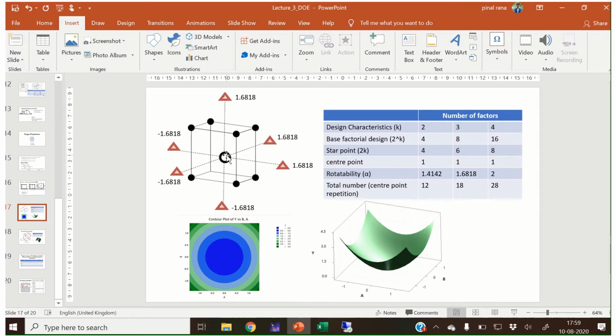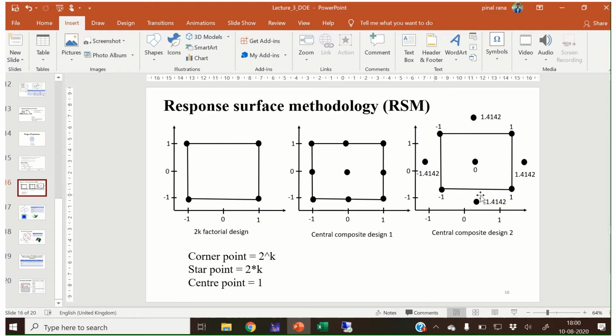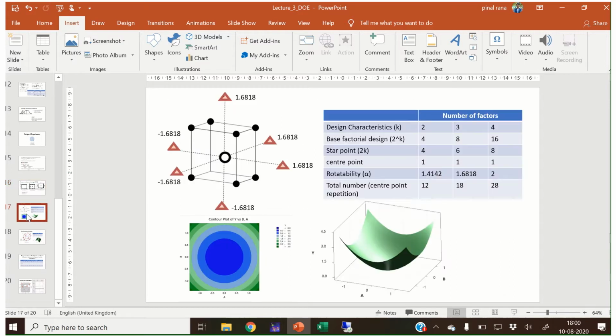If you put a center over here and draw the sphere, the radius of this sphere will become 1.6818. The way we calculated the radius of this circle, in the same way we have to calculate the radius of this sphere in 3D. If you calculate the radius of this sphere, it gives you 1.6818.